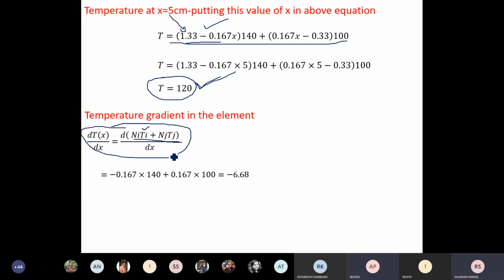See here, why I have written this equation, I will tell you, because it requires in future. While deriving the finite element equations by using these shape functions, we need the derivative of this interpolation polynomial, and in that there may not be values. Okay, there may be only equations. I am going to show you again by another way also. Directly you can see here, for this problem you can directly take the derivative of this temperature and calculate it. Or this equation is not necessary. You can directly take the derivative of this equation, and this equation is equivalent to this one.